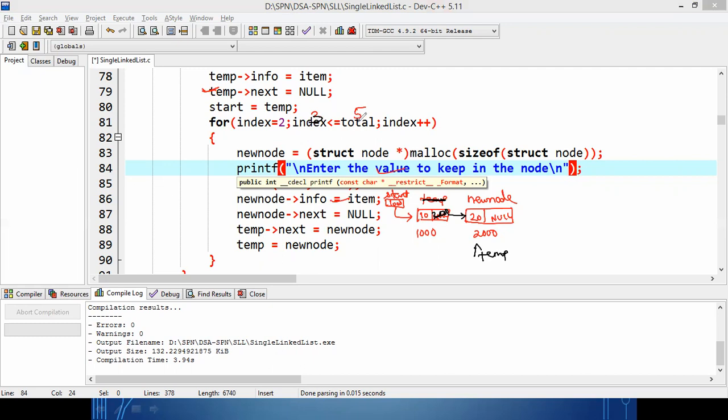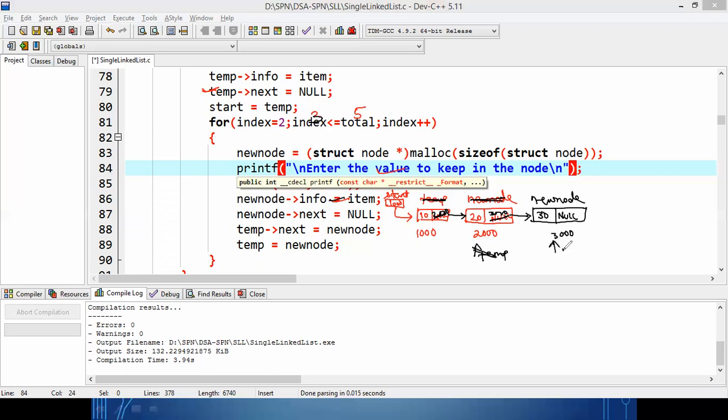Again, 3 less than or equal to 5. Create a new node. So new node will be created with memory location 3000. Suppose value 30 I have given in info, and next part I am keeping null. Now this is currently my temp. So temp next equal to new node. So in place of null, I'll keep 3000 here, so it will be connected.